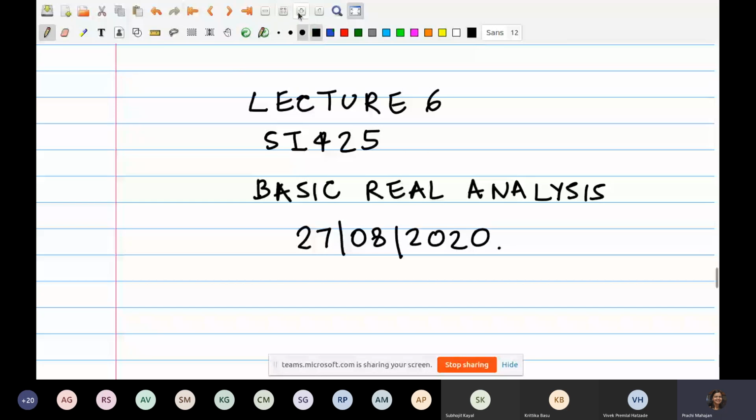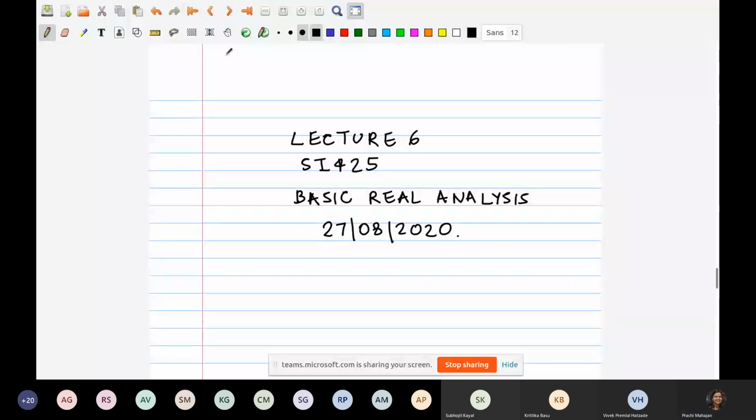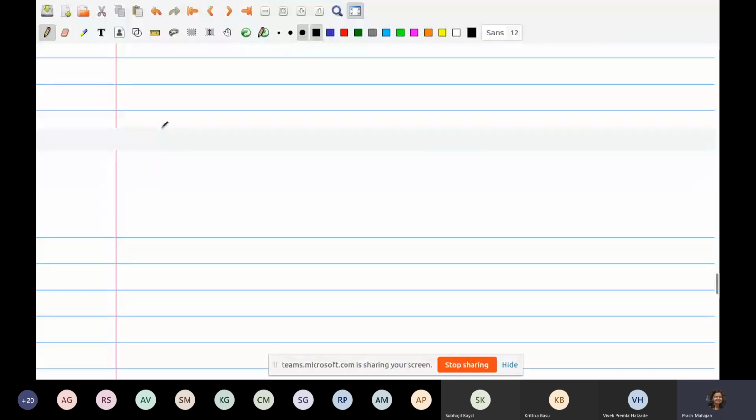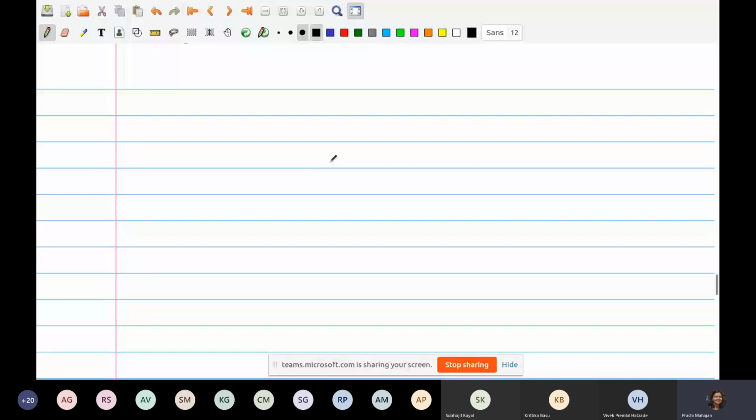So last time we ended our time by talking about the following thing. Let's just recall a little bit before we move on. What did we do? The last thing that we did was we showed that no matter what two real numbers you give me, there is always a rational number between them. That was one. And another thing, the first theorem of this course, was the following.